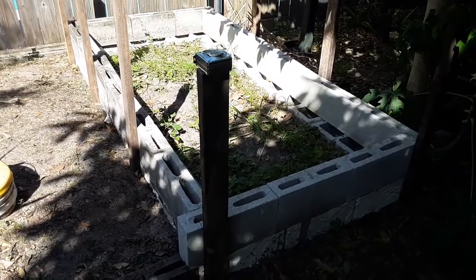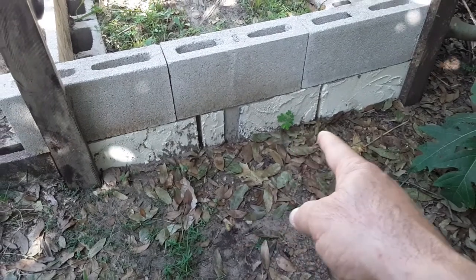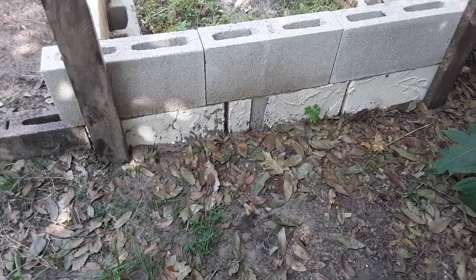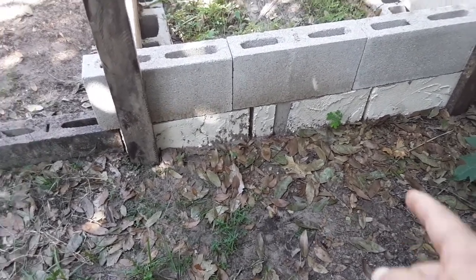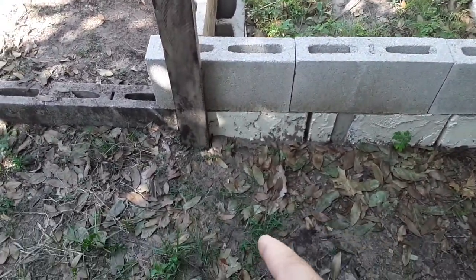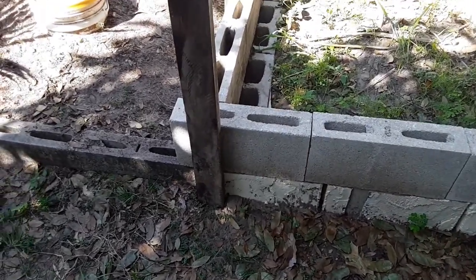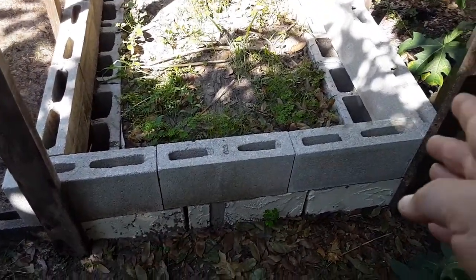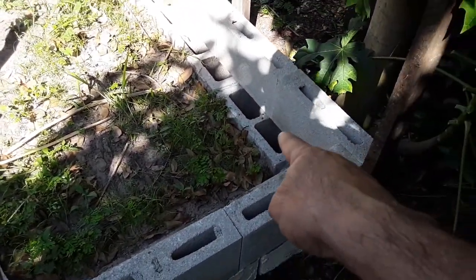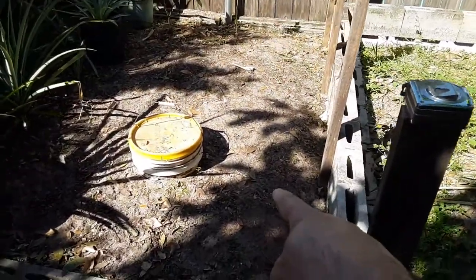But anyway, like I said, the first course is old recycled 8x8x16 concrete blocks, and I did that for the first course only. Okay, and then I came back with the second course of 4x8x16, and that's just on the outside, and as you know, they only take up half of the distance of the regular 8x8. So all those empty cells of the first course,